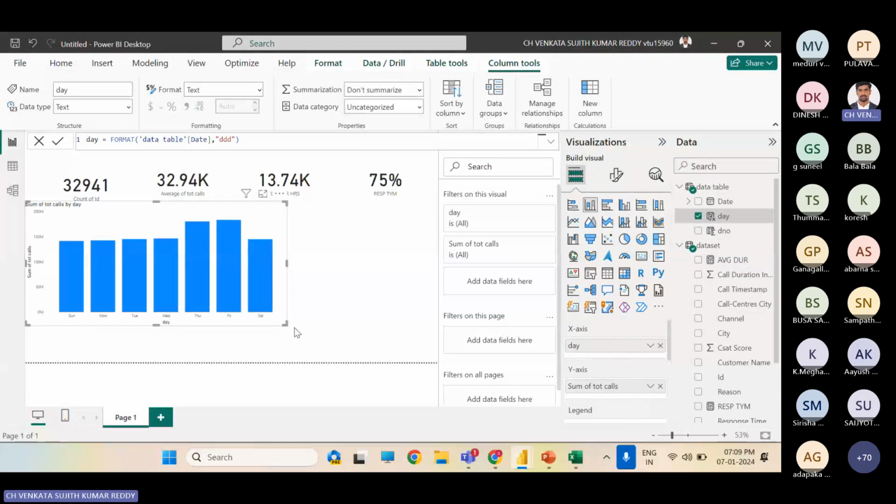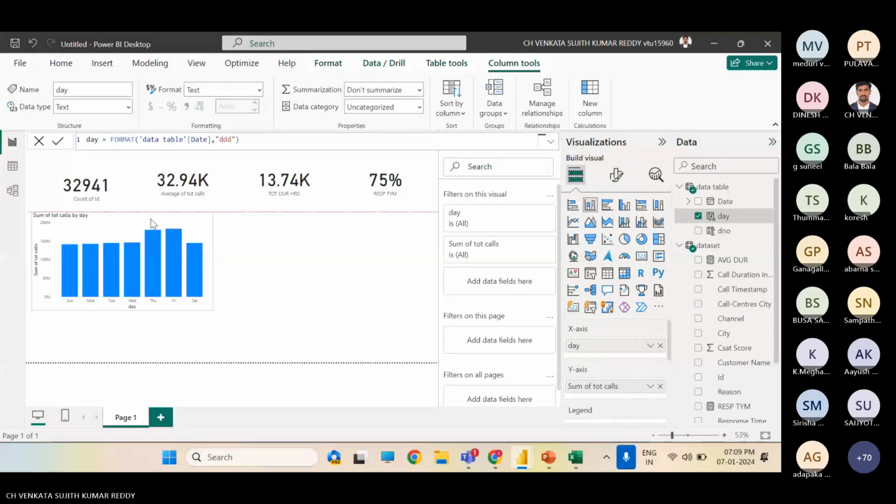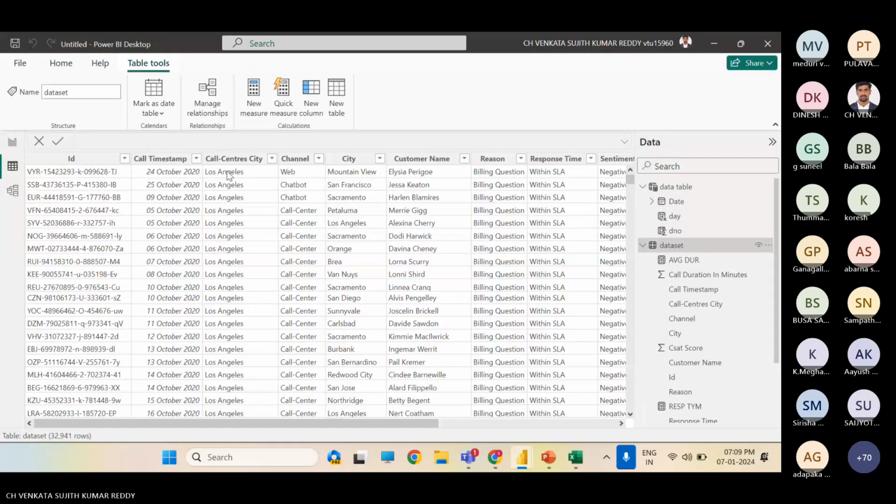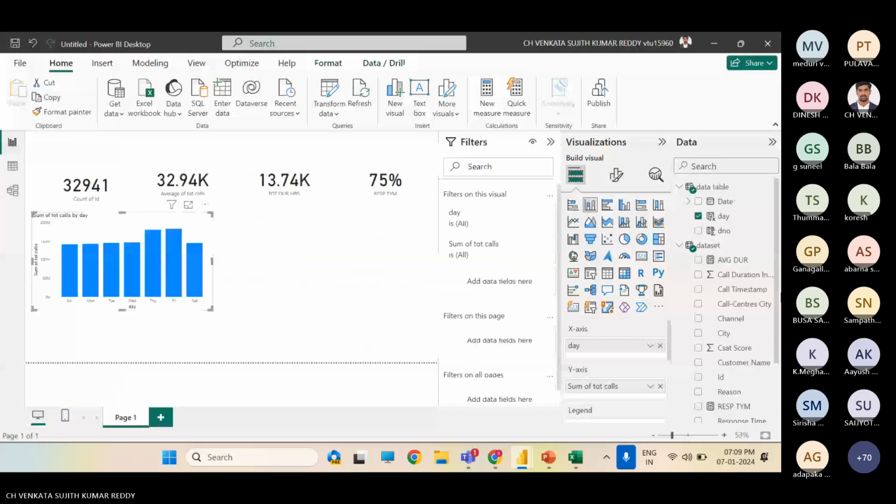And then what else can we do? We'll put maps since in the dataset we have states, right? Different states, like call center states and cities. We will now create one map. It looks somewhat awesome. Okay, I got my map here.